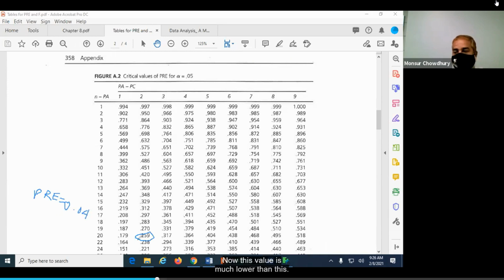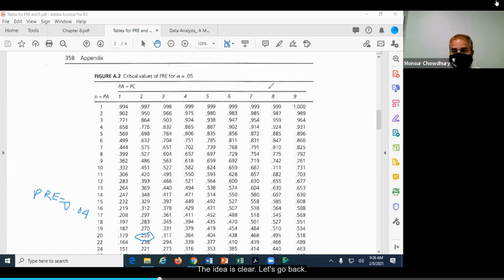This value is much lower than the critical value and does not exceed it. So if it is lower than the critical value, we cannot reject the null hypothesis. This means insignificant. Is that idea clear?